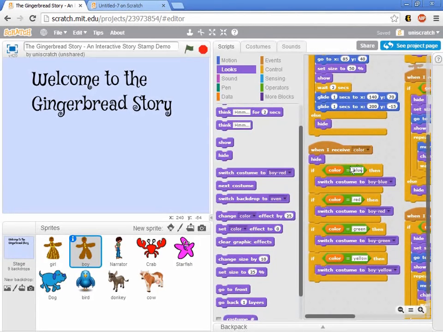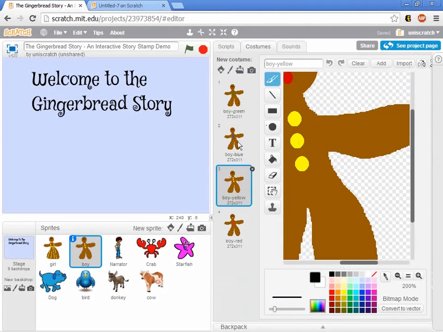In fact, if they've given me orange, we're not going to change the color of the boy's buttons at all here, and that's okay for what we're doing now. Now, let me show you a more efficient way to do this. If I go into the boy and go to his costumes, instead of calling them boy green, boy blue, boy yellow,